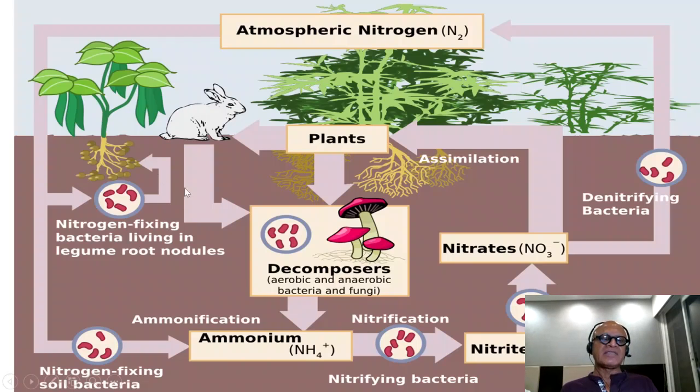Obviously, nitrogen fixing bacteria are critical, legumes, peas and so on, which are often used as cover crops to enhance nitrogen content of the soil. There are heterotrophs and other decomposers which are going to convert plant matter into nitrogen emissions as well, directly or indirectly, and it can be aerobic, anaerobic bacteria and fungi, and they produce ammonium, which then is nitrified into nitrites and nitrates. So there are nitrifying bacteria, and there are nitrogen fixing soil bacteria as well,